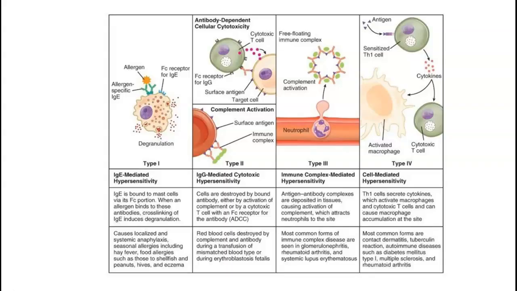Now, remember, if you do have an allergy, it doesn't necessarily mean that it's going to fit nicely into one of these boxes. It could actually be a combination of these. It just depends on which part of our immune system is going into that exaggerated response. Type 1, or immediate type, is mediated by IgE, and this is when we get that release of histamine. This is what we usually think of with a classic allergy, and this is also when people can go into anaphylactic shock, because of that release of histamine. Usually, what we give if somebody is going into anaphylactic shock is epinephrine,